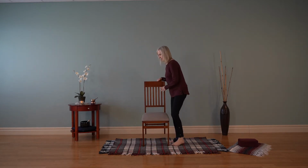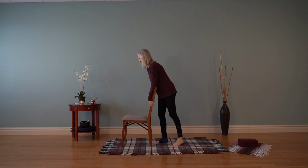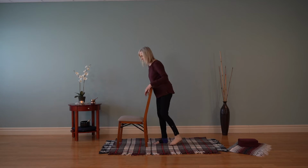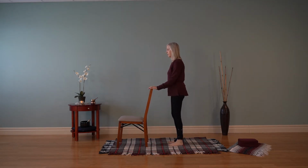Let's transition now and turn the chair so the back of the chair is facing the front of your body. Come into the stability pose, resting your hands on the top of the back of the chair. Invite your hips and your shoulders to be vertically aligned above the knees and the ankles. Feel as though you're lifting up through the crown of the head, and on an inhale, raise your right arm